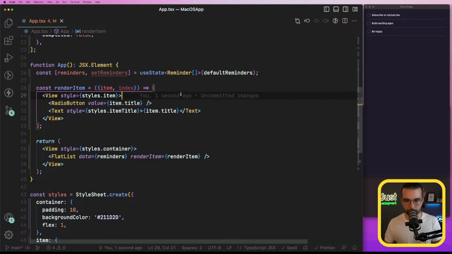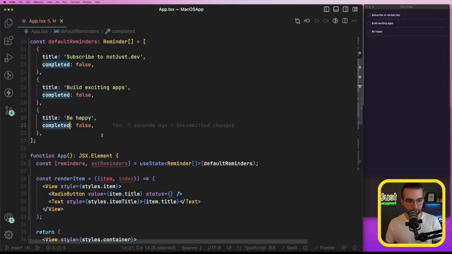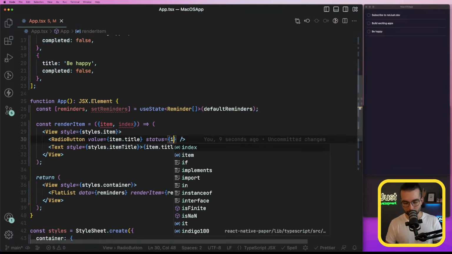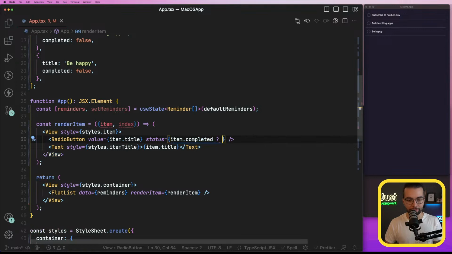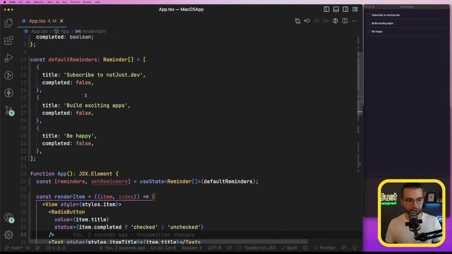Another property of this radio button is going to be checked or not, so the status, right? The status can receive checked or unchecked. How do we understand if the item is checked or unchecked? Well, we're going to look at completed. So if item.completed, then our radio button will be checked, otherwise it will be unchecked. So now all of them are unchecked, but if I change one of these, for example, be happy, to true,